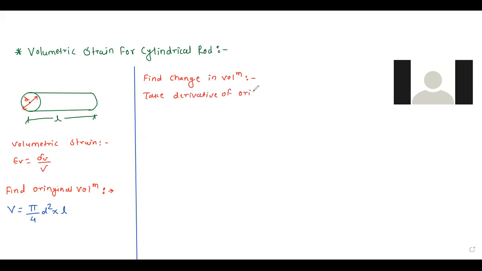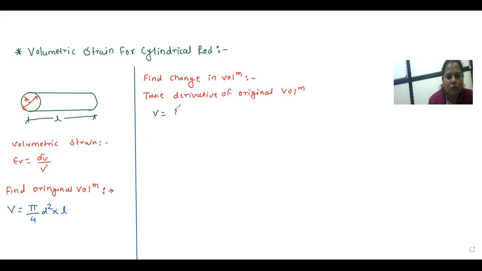So original volume is V, which is equal to pi by 4 d square into L. So derivative of this V is del V, which is equal to